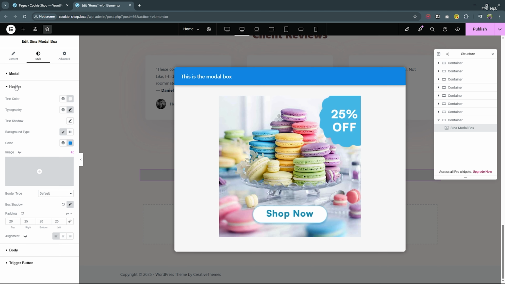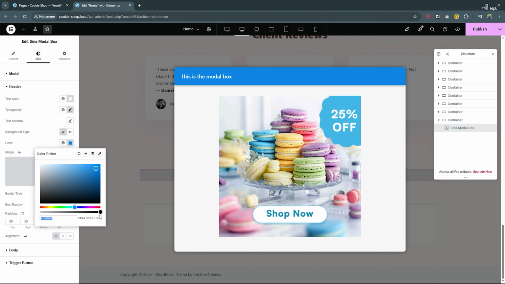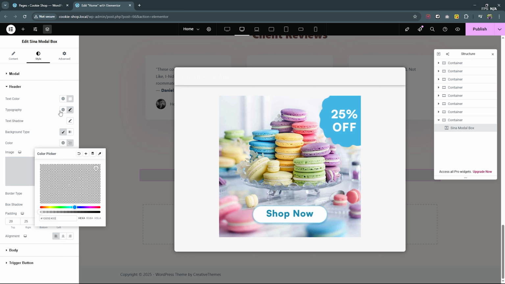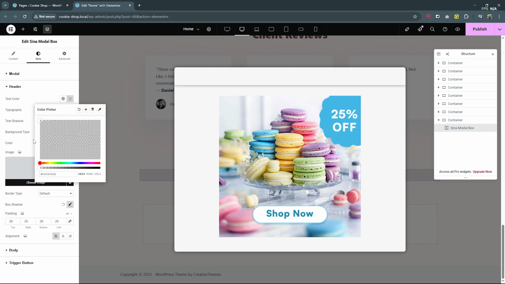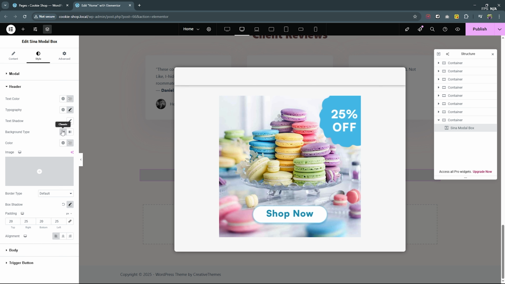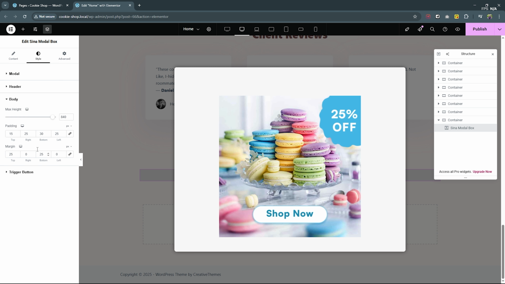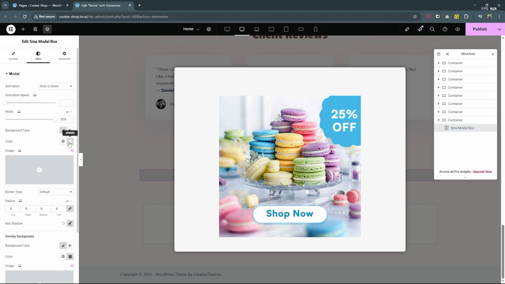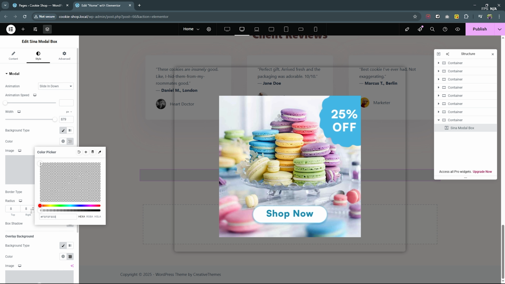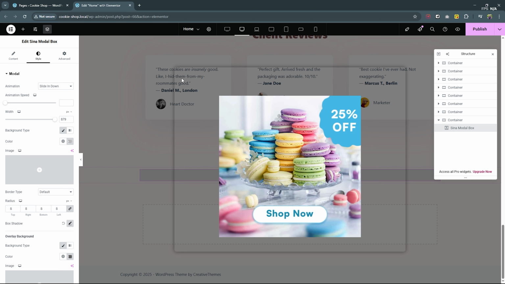Now let's get rid of the top part here and the background. So we're going to go to header. We're going to change the background color's opacity all the way down to 0. The text color, we're going to change that down to 0 as well. And the background color, we're going to get rid of that. For the body, it's the same. We're just changing the height there. Now for the modal, let's change the background color's opacity all the way down to 0. We still have this shadow here, so where you see box shadow, just go ahead and change that to the default, and there we go. So now we have